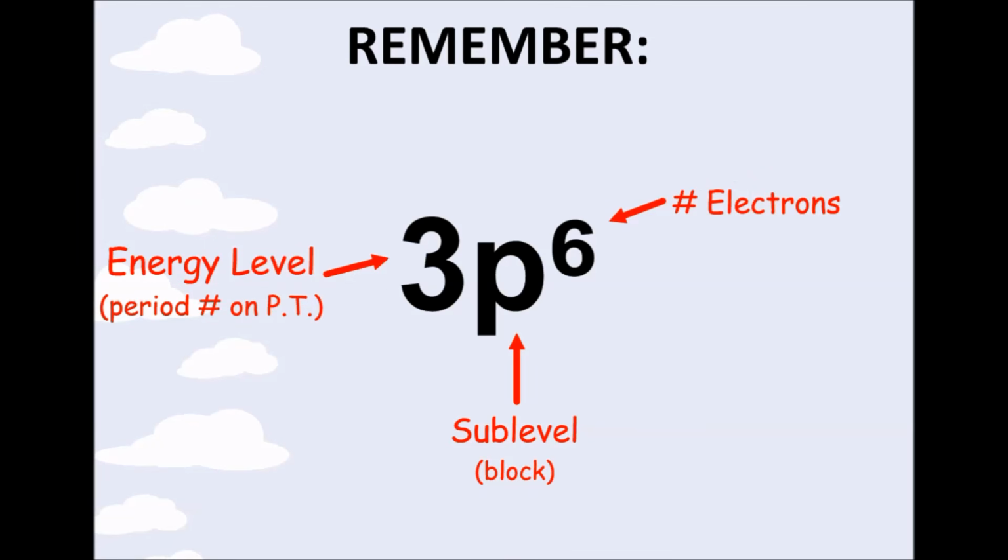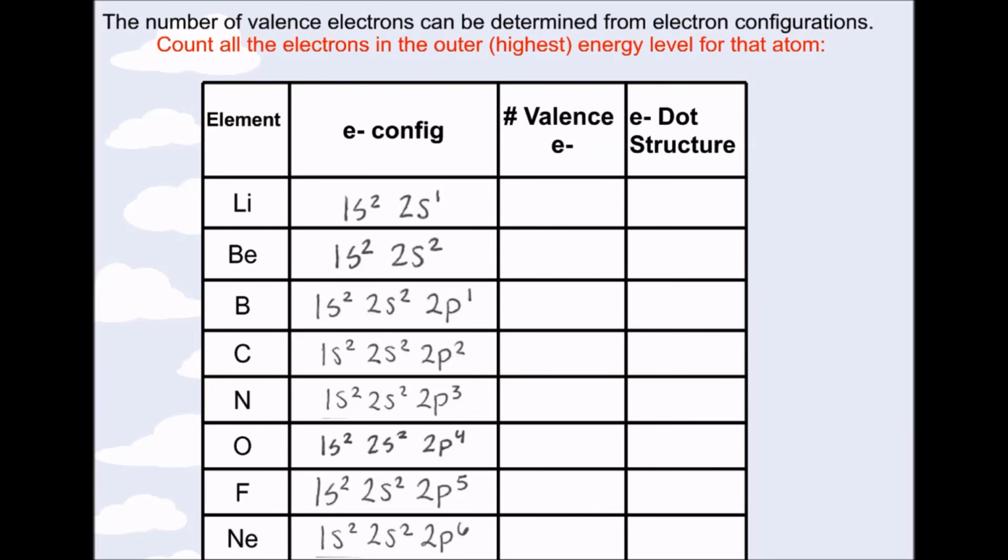I want to go ahead and remind you of what a segment of the electron configuration looks like and what it stands for. The number in front is the energy level, which correlates with the period on the periodic table. The letter is the sublevel, and then the exponent is the number of electrons within that sublevel. So, the number of valence electrons can be determined from the electron configurations. What we're going to do is count all the electrons in the outer or the highest energy